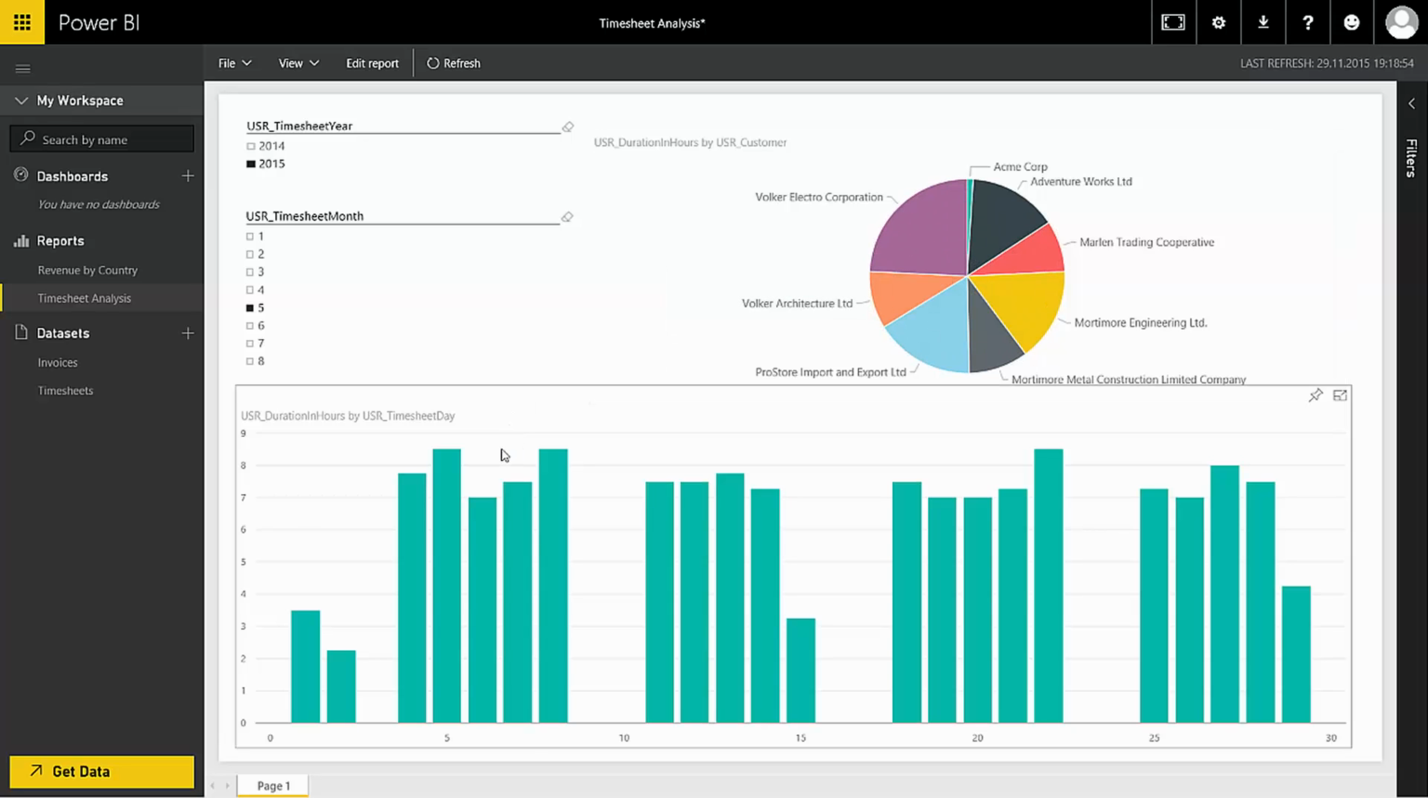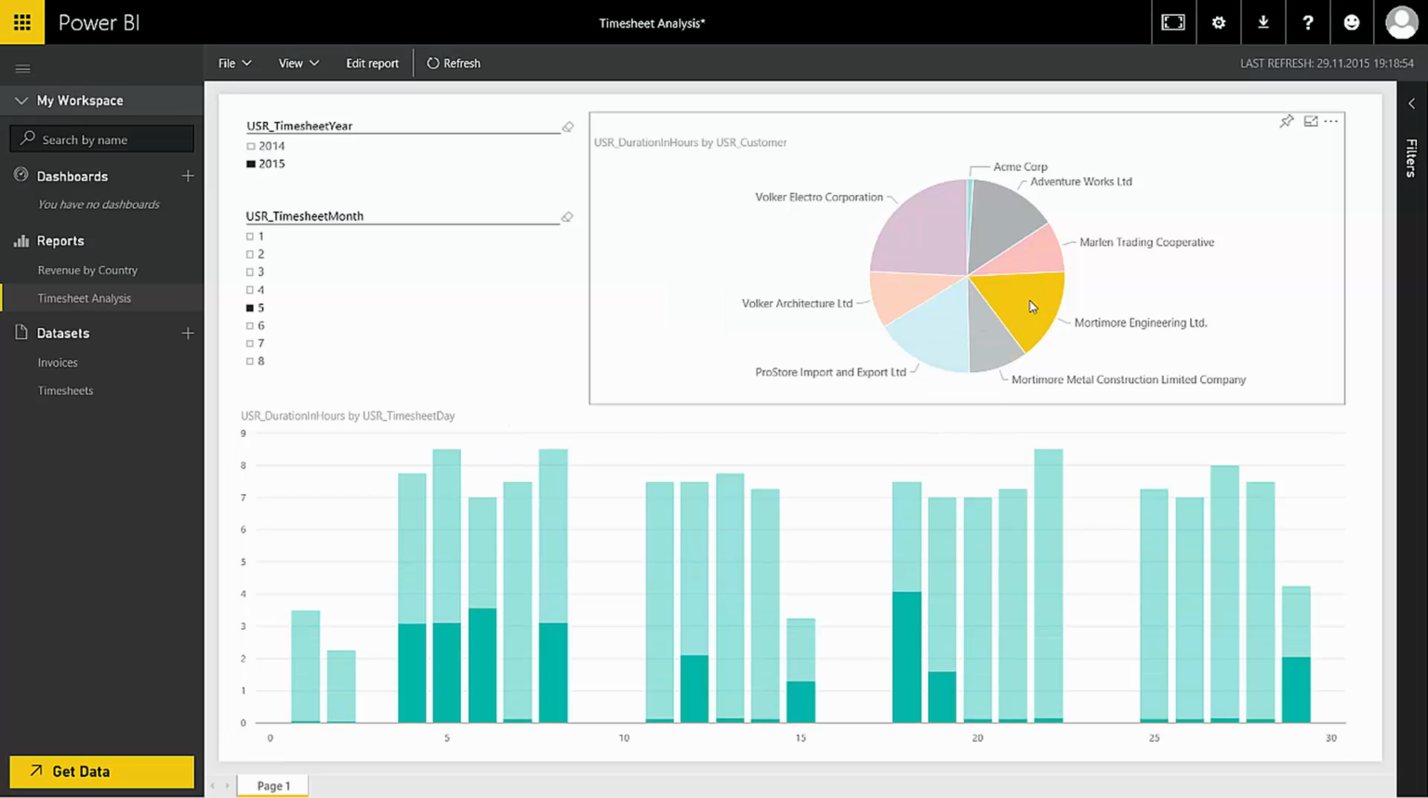Let's remove this filter again, and for instance select this one to see on which other days I worked on Mortimer Engineering, and I see, for instance, that on that day I worked 4 hours for Mortimer Engineering. So you see, this kind of highly interactive dashboarding, this is what I mean, and this is what's really simple